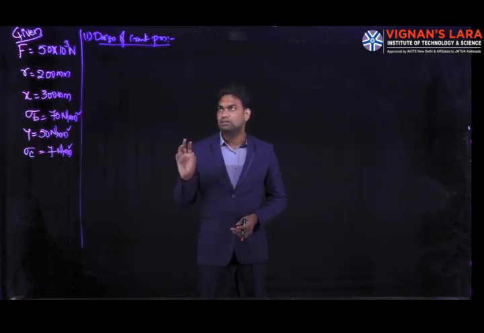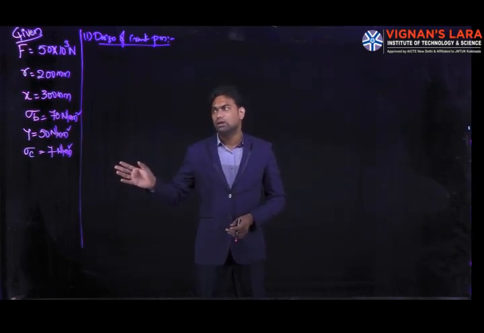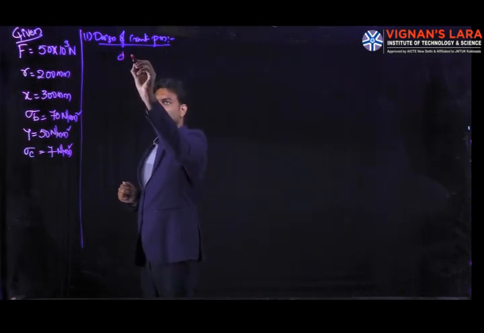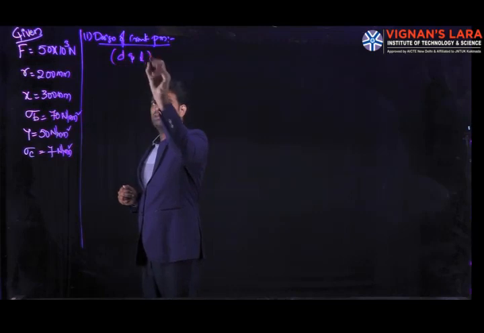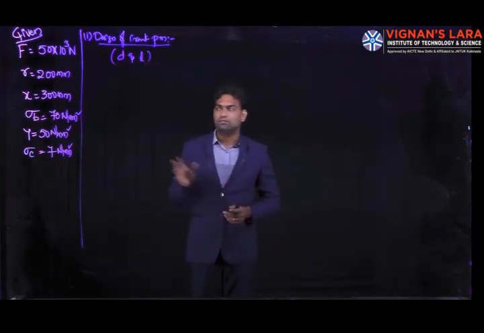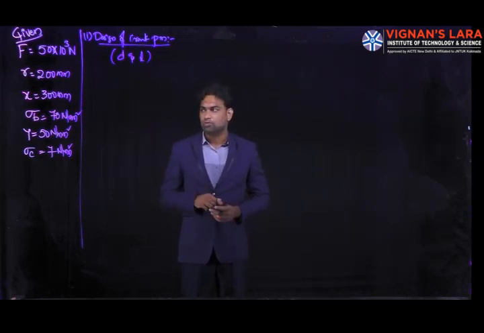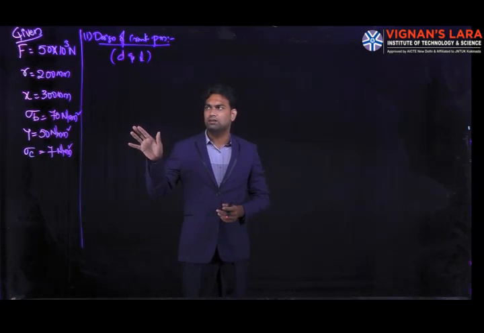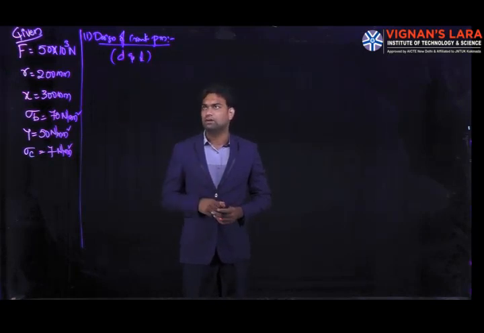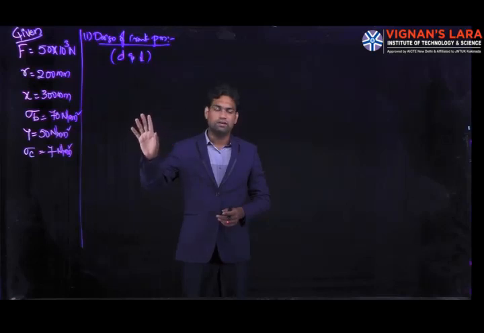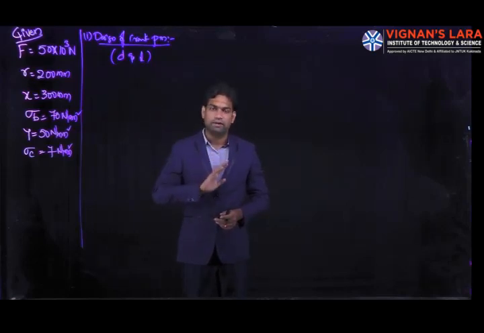Here we do not know any initial dimensions, so initially we need to find the dimensions of the crank pin. We denote the diameter with small d, and the length of the crank pin is L. These are the dimensions we are proportioning for the crank pin. Initially we don't know the values of d and L, so first we find the diameter d, and based upon the value of d, all the remaining dimensions are found using the proportionate values.